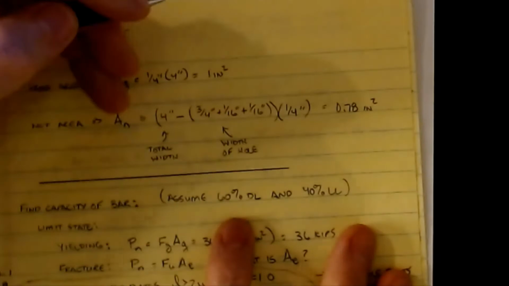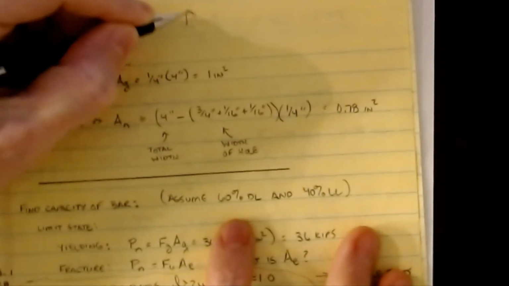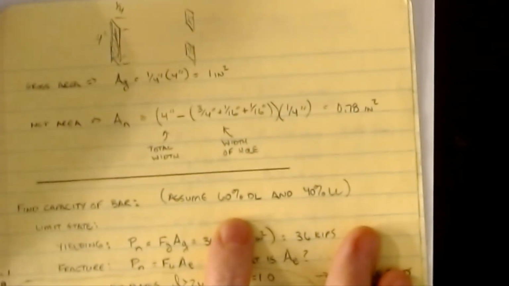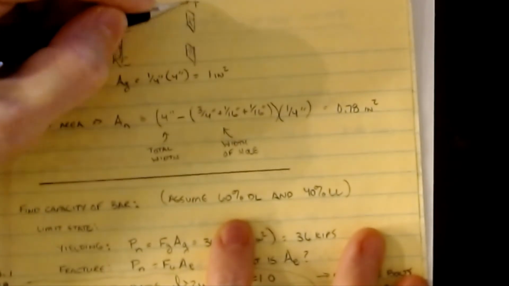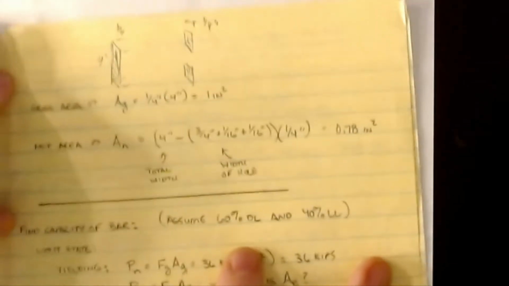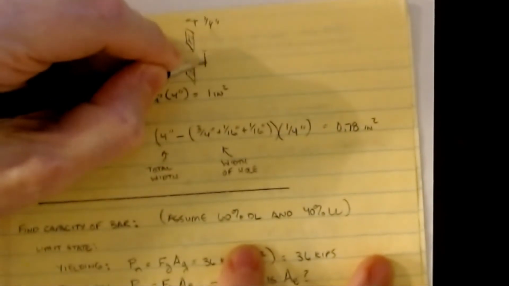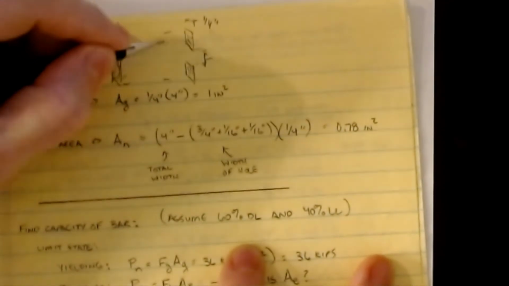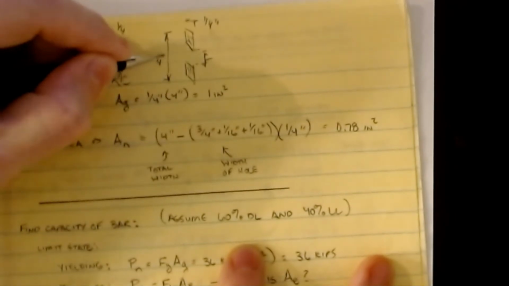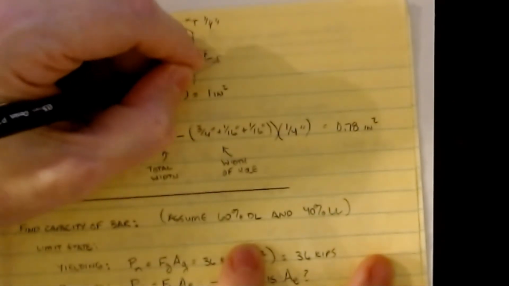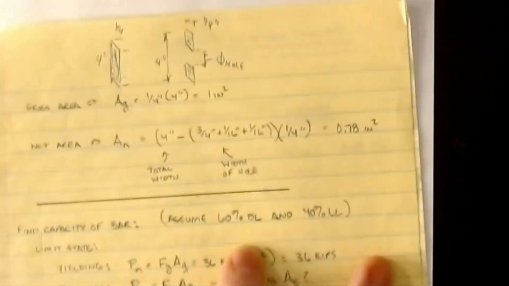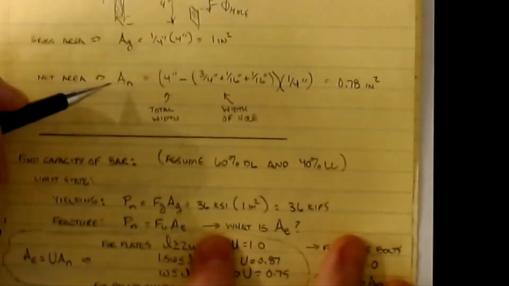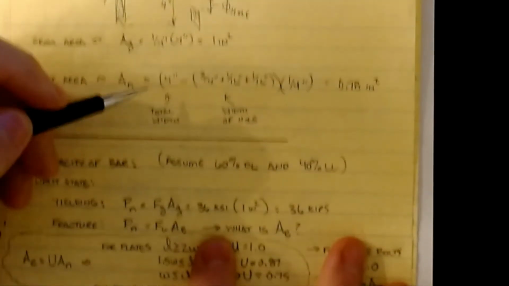Okay, the net area then, with the hole in it: we had a little bit of an area up above the hole, then a gap, and then a little bit of an area below the hole. The width is still 1/4 of an inch there, but now we've got to figure out the difference from here to here, because we know the whole thing from here to here is 4 inches. This ends up being whatever we compute for the diameter of the hole. So if we look at our standard hole, AN is going to be 4 inches total width, minus